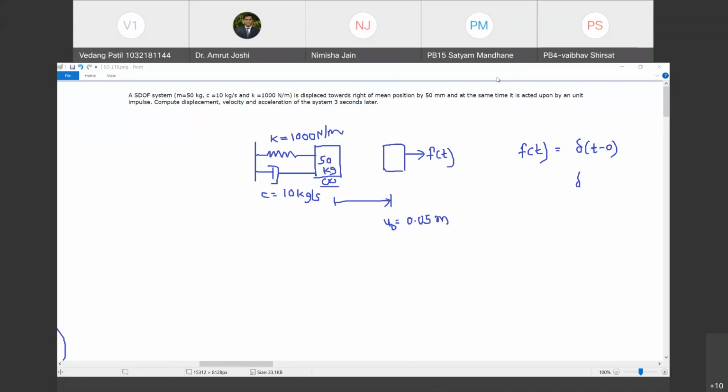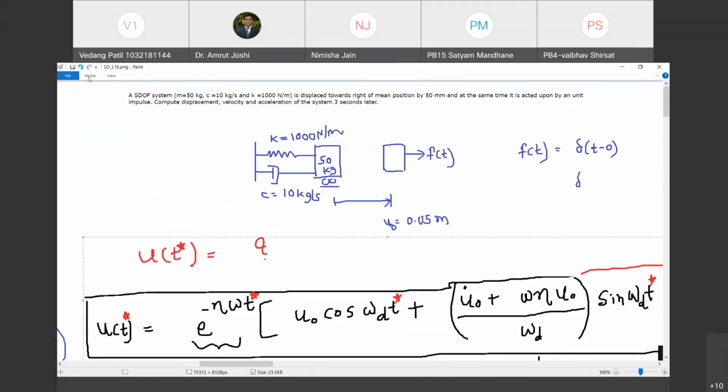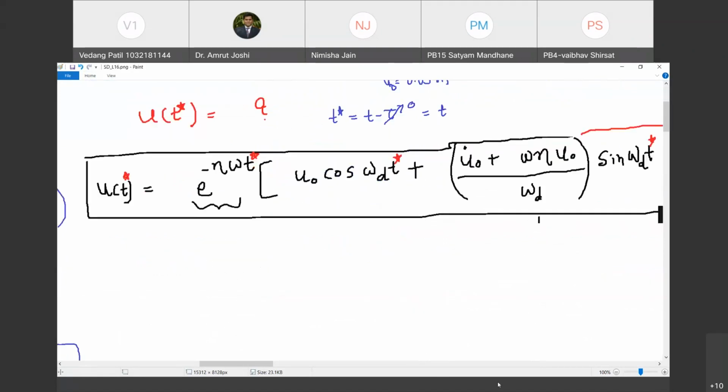Just give me a second. Let me copy that. This was the actual response of the system. Are you with me? Yes, sir. And here, t star is equal to t minus tau. But in this particular case, as tau is 0, therefore t star is equal to t itself. Do you agree with me? Yes, sir. So I can straight away say u of t is this response itself, and that is equal to